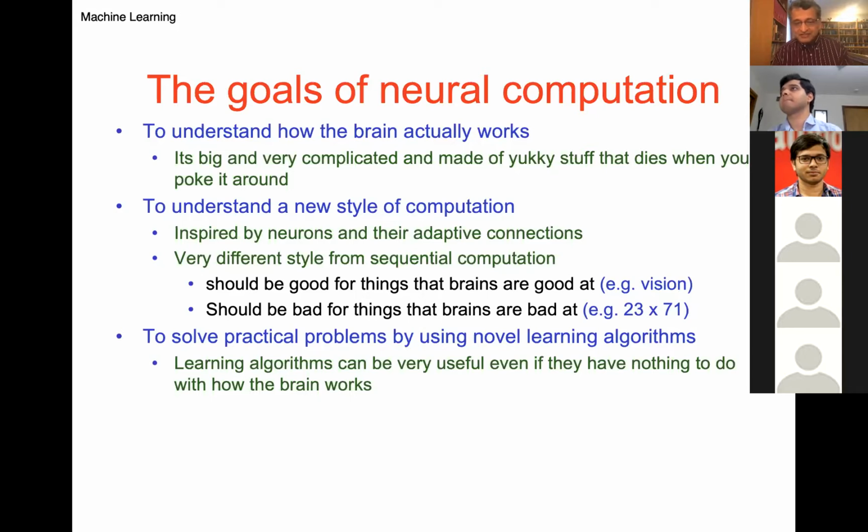It should be bad for things that brains are bad at. Example, how much is 23 times 71? Normally we are not good at this kind of thing that requires sequential computation, doing multiplication and so on. So these neural networks are simulating things we are good at,